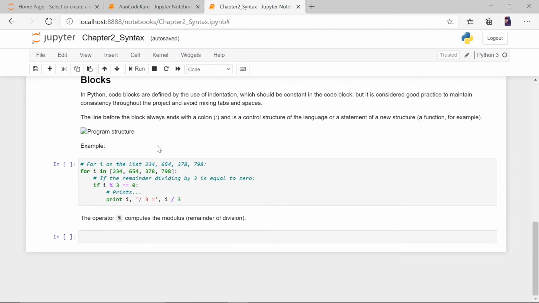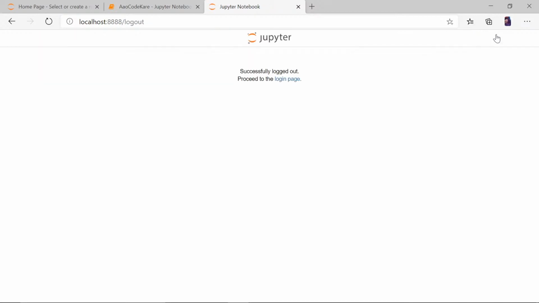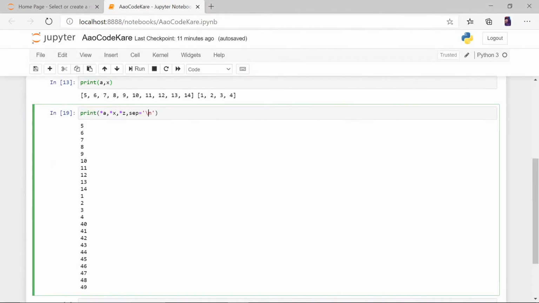So here they were saying blocks in Python. Yes, you can have blocks in Python. So for the iron list, they have this list. You can actually have blocks in Python as well. This is a list. It has four values. You can take the first value, second value, third value, fourth value in a for loop. In normal languages, we can only take numbers in a for loop, but here we can take a list. Let's skip this because people who are not coders will get confused. Let's get to the third part.